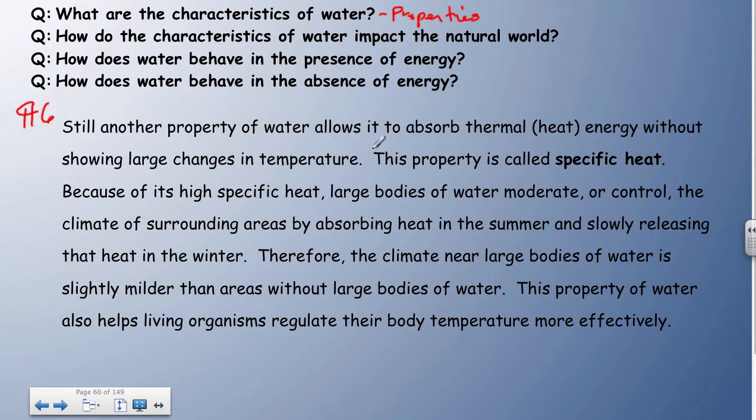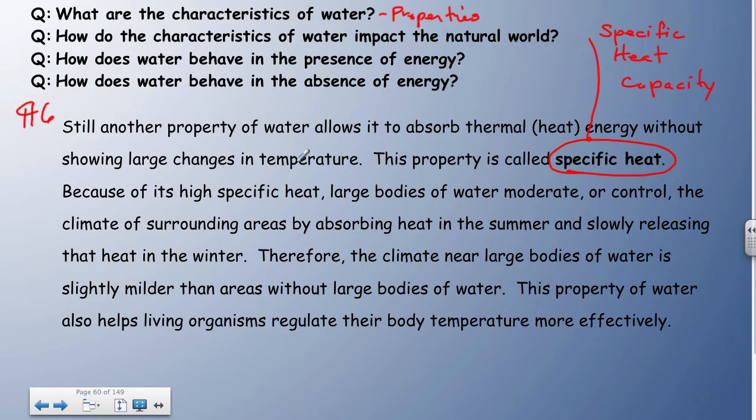Still another property of water allows it to absorb heat without showing large changes in temperature. This property is called specific heat, and more accurately, we would say specific heat capacity. Specific heat capacity is that property which allows water to gain energy, to warm up and heat up slowly without showing large changes of temperature on a daily basis over time. It gains a lot of heat, it has a high capacity for heat, but it warms up slowly,